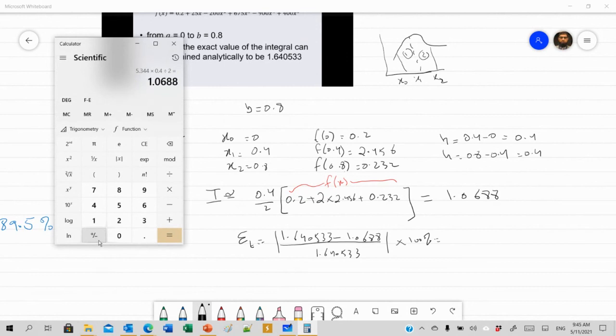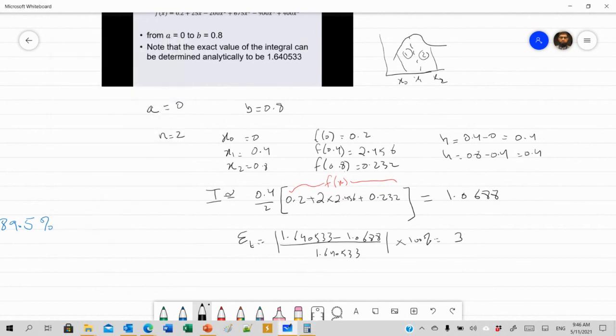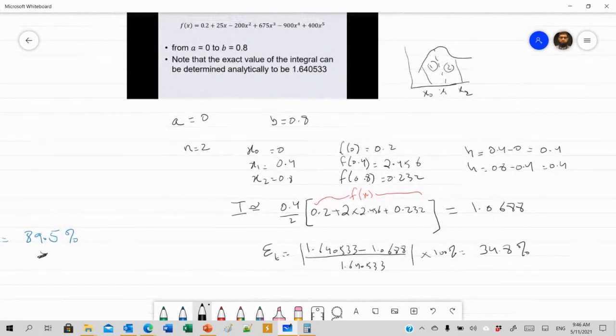So 1.640533 minus 1.068, divided by 1.640533. So we get 34.8% error. So from the 89.5, you were able to bring it down to